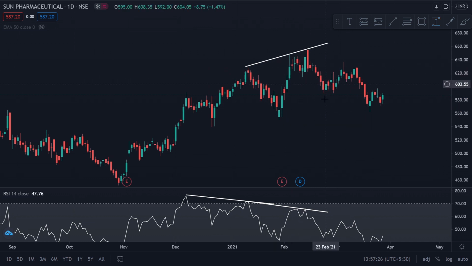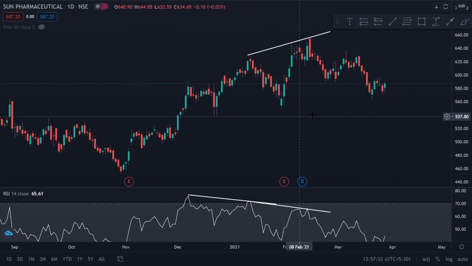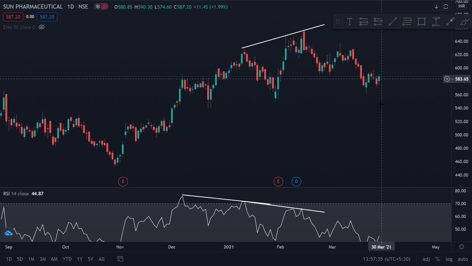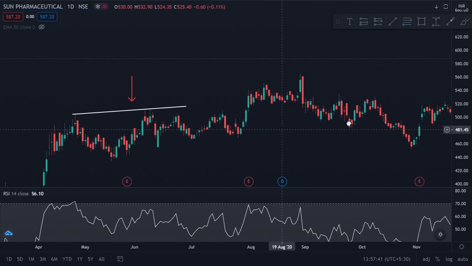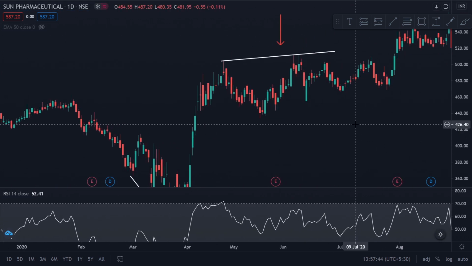Now the market itself has made a lower high and it is giving us bearish signals itself. So there is no scope of finding RSI divergence here. Now if this starts going down and we spot a bullish divergence, then we can say a reversal could take place from there. Now this is a failed case, right?